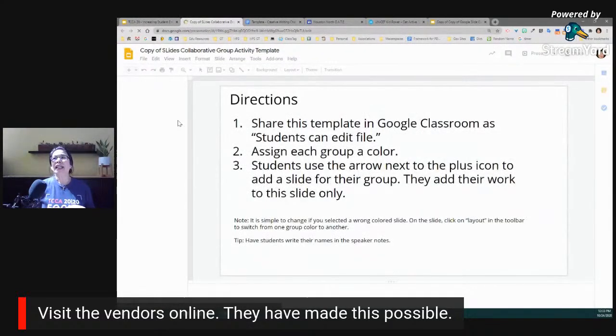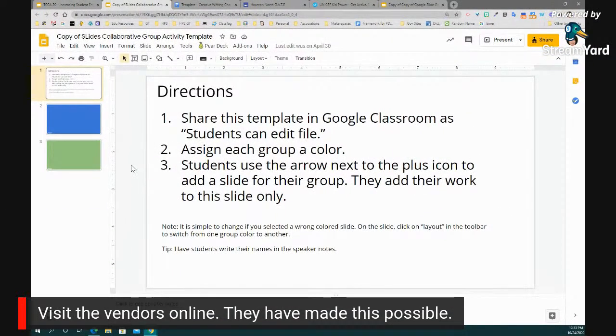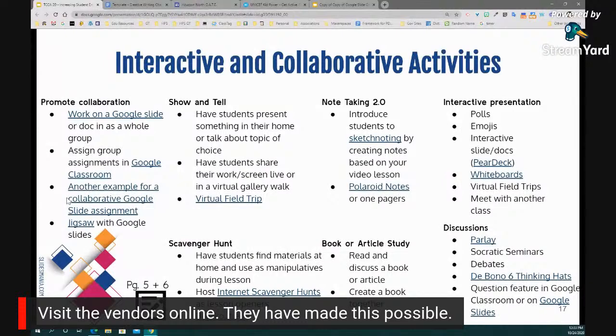a simple form of doing this would be doing a Google Classroom, right? A shared Google Classroom document. And again, you could assign a color to each group, right? And that group could have asynchronous and synchronous students. All you would have to do is make sure that the asynchronous students knew that they have to put in their work by a certain time, and then their group mates could respond back and forth. And there's ways that they could keep on communicating with each other, whether it's through their LMS or through whatever communication tool you set up, or your Google Classrooms, things like that. So that would be a very simple way on how they would be able to collaborate, right?